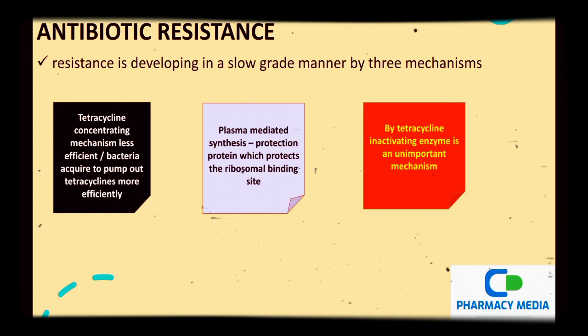The absorption is better if it is taken on an empty stomach. Doxycycline and minocycline are absorbed irrespective of food, and they show a good absorption process. Whereas tetracyclines have a great chelating property, forming insoluble complexes with calcium and other metals, so the absorption rate is reduced when you take milk, iron preparations or antacids.